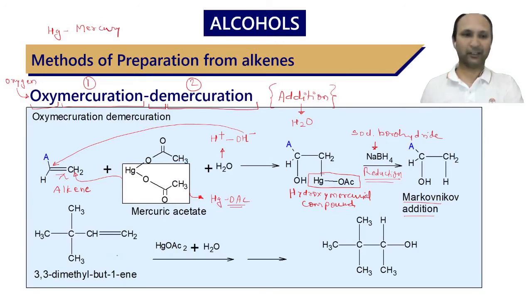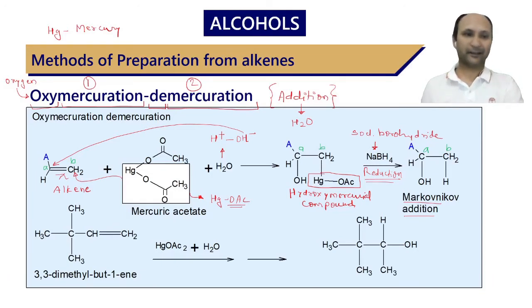Now we'll see what this Markovnikov addition is in the next slide itself, but before that let us have an example. Now here we have taken 3,3-dimethyl-but-1-ene as a reactant, but before that let us keep track of where the moieties are going. So for that we will just label these carbons which are attached to a double bond by small a and small b. Okay, so this mercuric acetate is attacking on small b, so this carbon will be small b, and this OH has attacked at carbon number a, so this will be carbon number a.